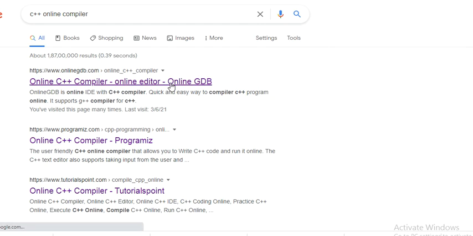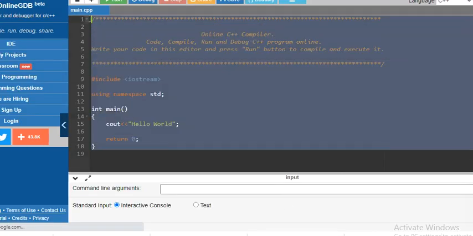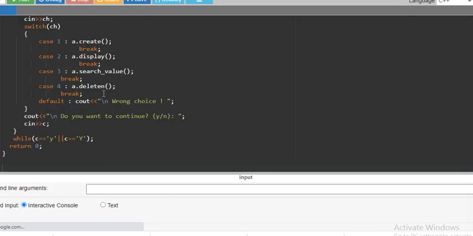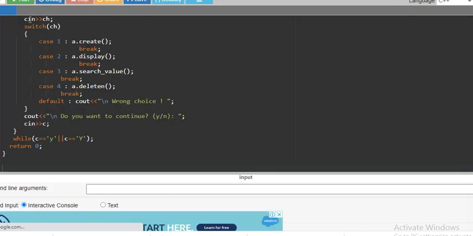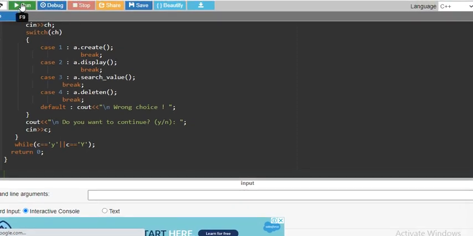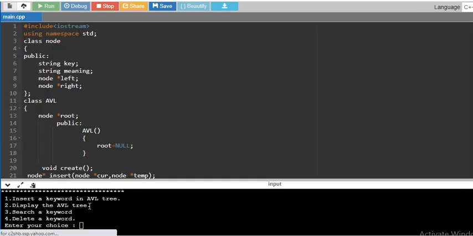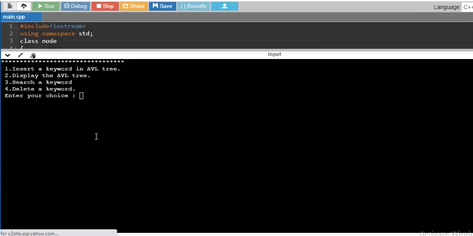Here I am using one of the online compilers, and just click on run. Now the code is compiling. Here the compilation process is completed.